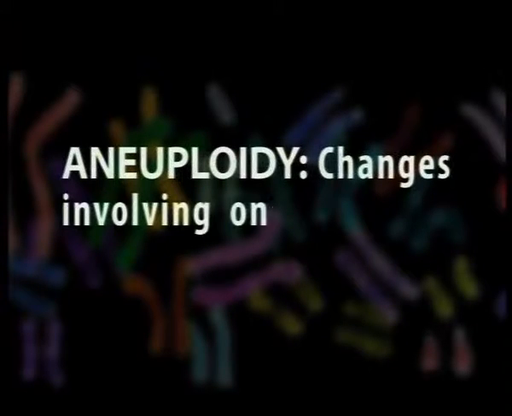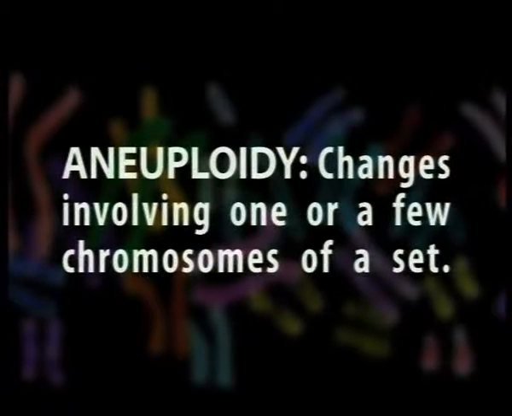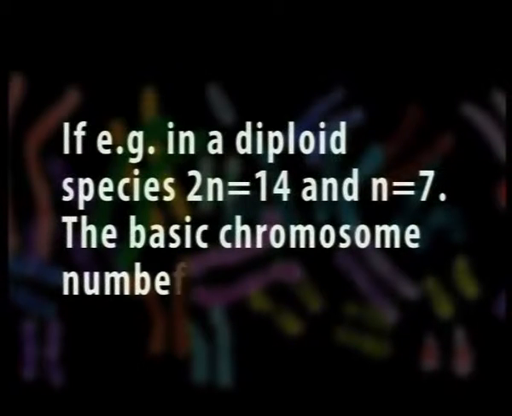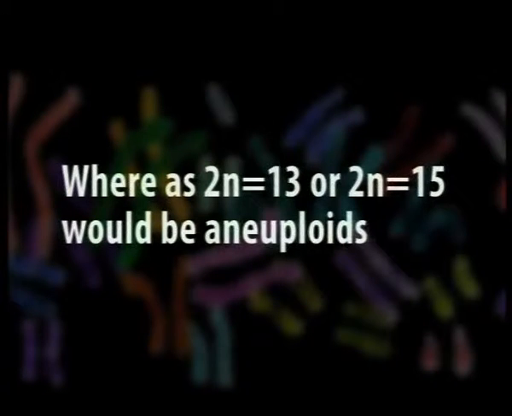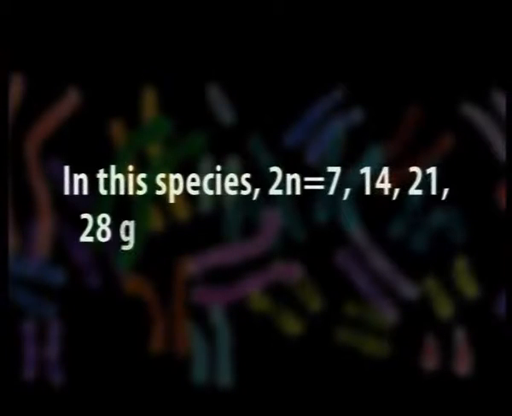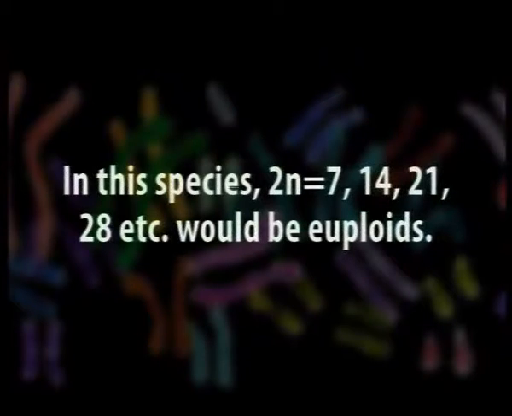Whereas aneuploidy involves changes in one or a few chromosomes. There can be either an increase or a decrease of one or a few chromosomes. Say, for example, a species with 2n equal to 14, n equal to 7. In this species, if there are variations in chromosome number, then 2n equal to 15 or 2n equal to 13 instead of 14 are aneuploid situations, whereas 2n equal to 7, 14, 21, 28 are different